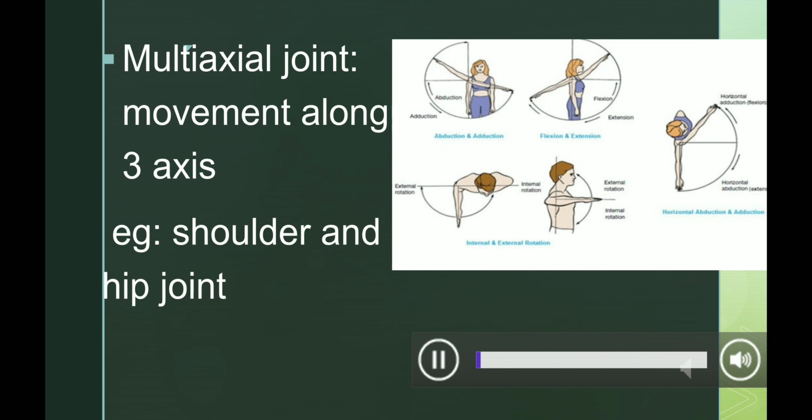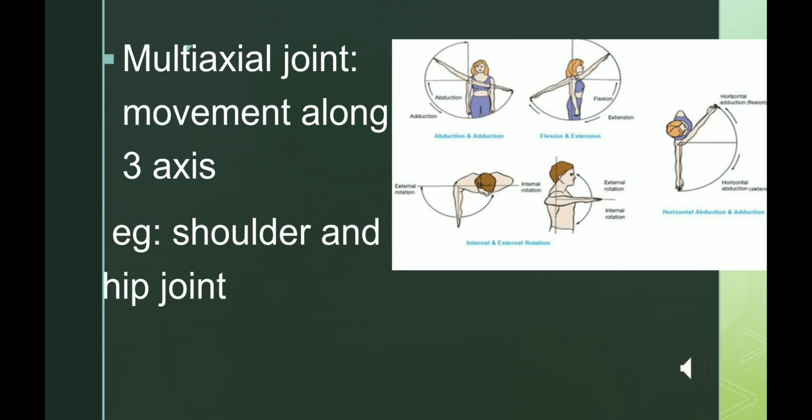So the last classification of the diarthrosis joint is the multiaxial joint. It is also called a polyaxial or triaxial joint, and it helps movement along all three axes. An example for a multiaxial joint is the shoulder joint and hip joint, and it allows movement in the anterior and posterior direction, medial and lateral, and rotation of the limb towards and away from the midline. For all this, you can use anatomical terminologies, as we have not yet discussed the anatomical terminologies related to movement. We will discuss it in another section.